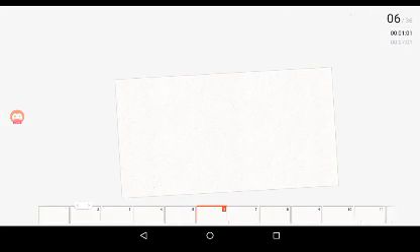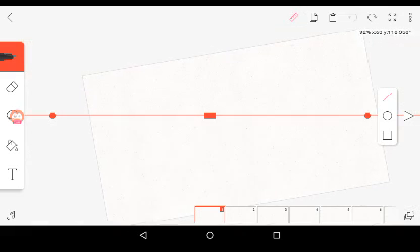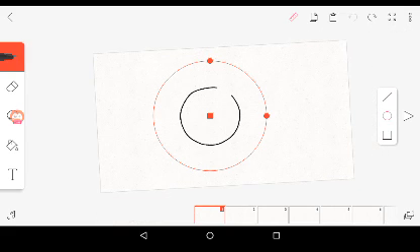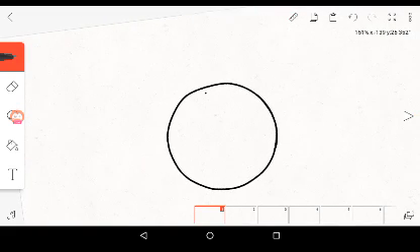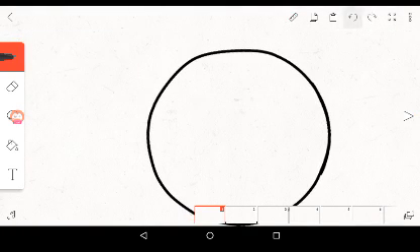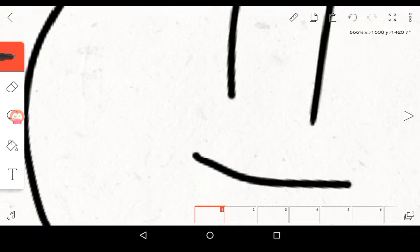So yeah, I'm gonna go to the first frame. And just the normal background noises. So let's just make a little face to demonstrate this. And boom. Not the most even circle. I guess this is like, yep. Come on. Okay, so let's just make some 2 eyes. And we're just gonna have